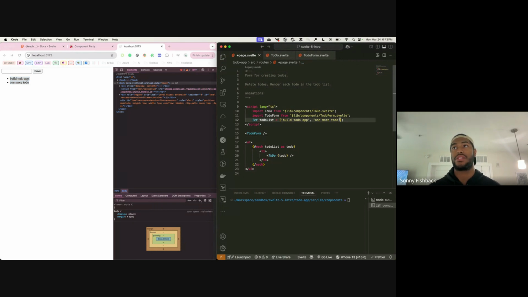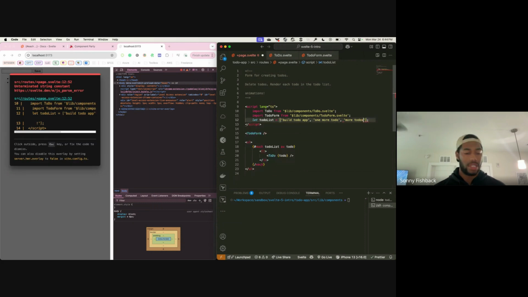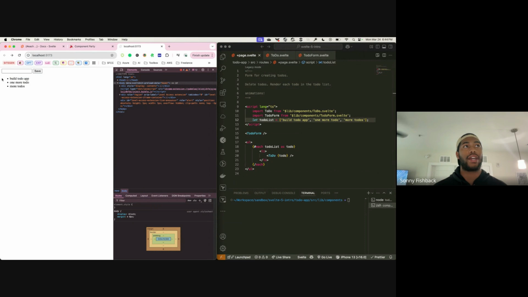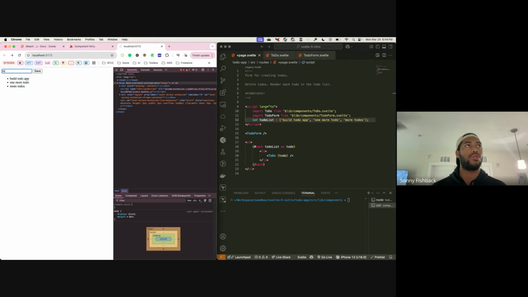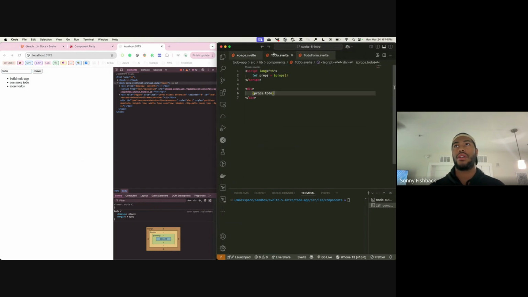So as we add to the list, it just reacts, re-renders each one of those without us having to add any other code. So now we actually want to create a to-do. So how do we do that? So we got our button, got a to-do here, and then we have our form, and then we need on click,